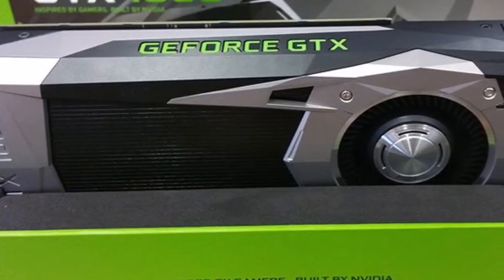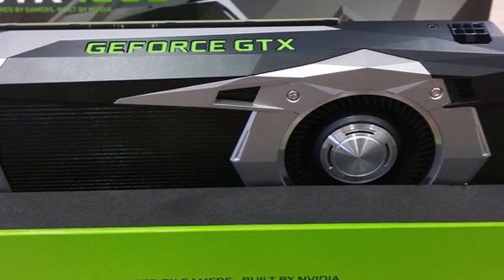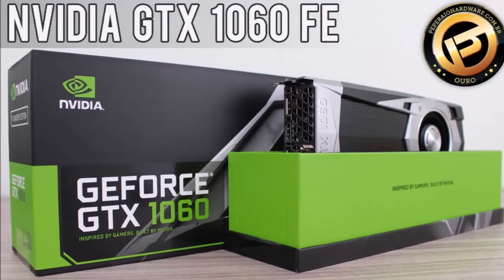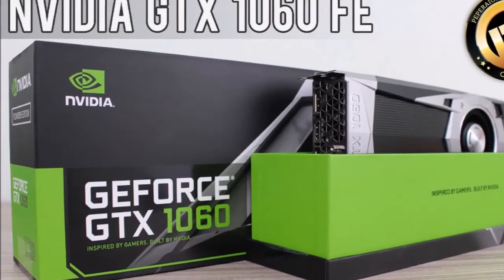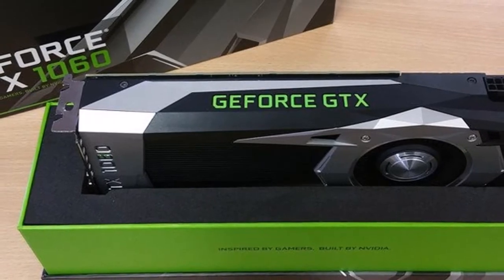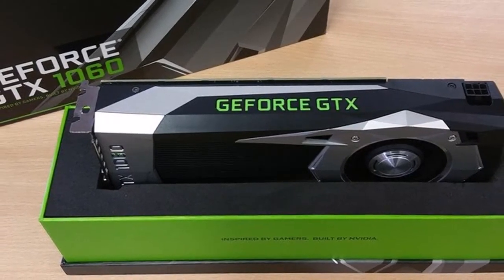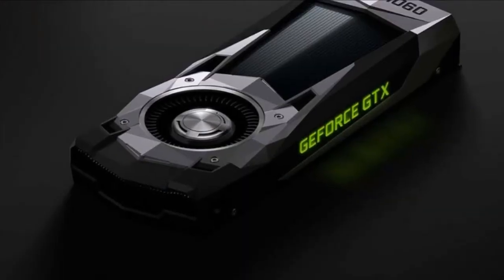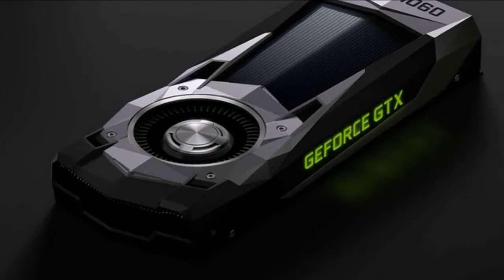NVIDIA released their latest GeForce 397.31 WHQL drivers yesterday. The new 397.31 drivers came game-ready for recently released titles BattleTech and Frostpunk, while also providing support for features like NVIDIA RTX and Vulkan 1.1. However, numerous GTX 1060 owners have reported on the official NVIDIA forums that they were unable to